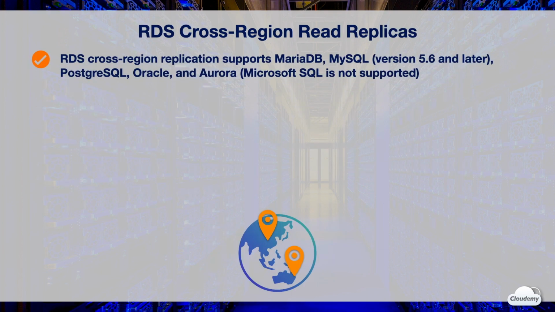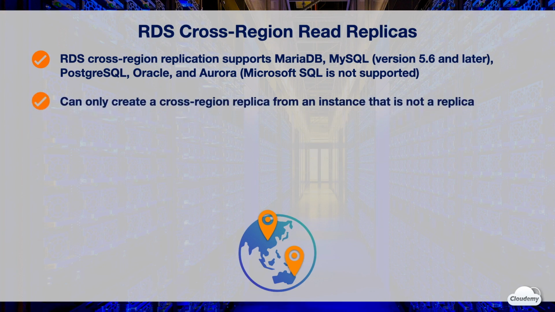Cross-region read replicas means a source DB instance can have read replicas in multiple AWS regions. RDS cross-region replication supports DB instances for MariaDB, MySQL version 5.6 and later, PostgreSQL, Oracle, and Aurora. Currently Microsoft SQL Server is not supported by cross-region replication. You can only create a cross-region RDS read replica from a source DB instance that is not a read replica